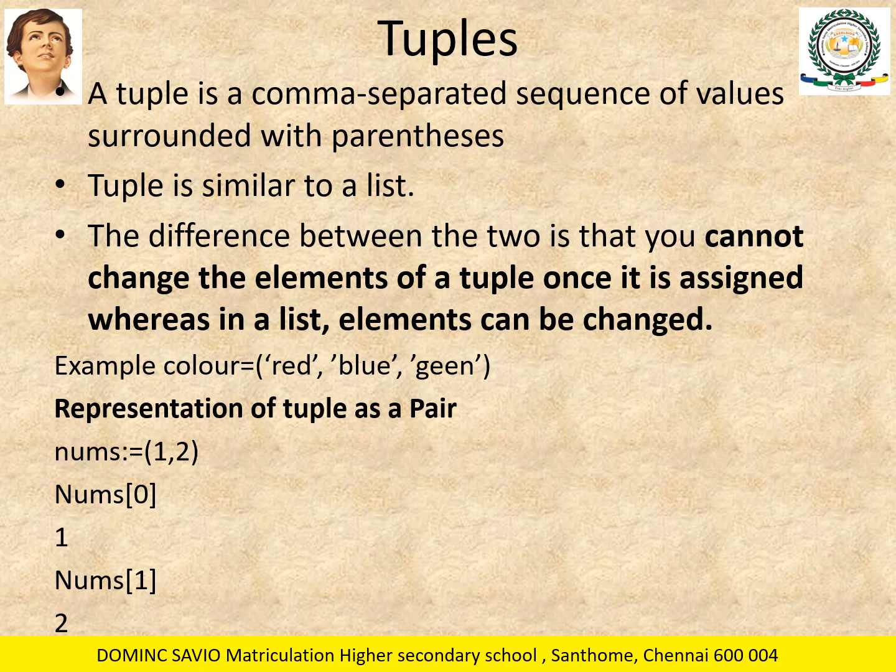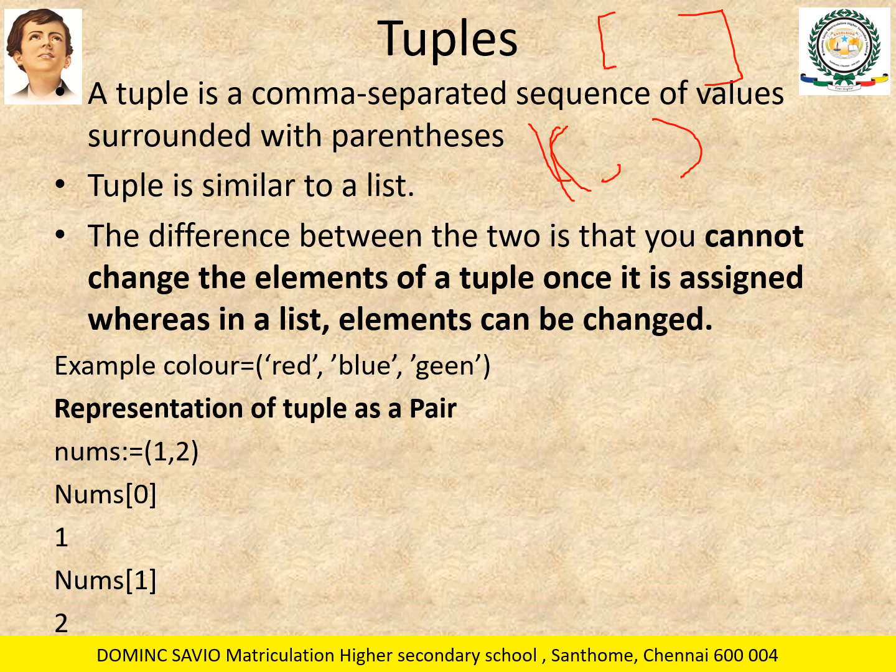So next is your tuple. Even tuple is a comma separated sequence, but you use a parenthesis. In list you use square brackets. In tuple you use parenthesis. Same way you separate it using comma. It is also similar to list, but the only difference is you will not be able to change. The elements cannot be changed at all. You cannot update any value in a tuple.